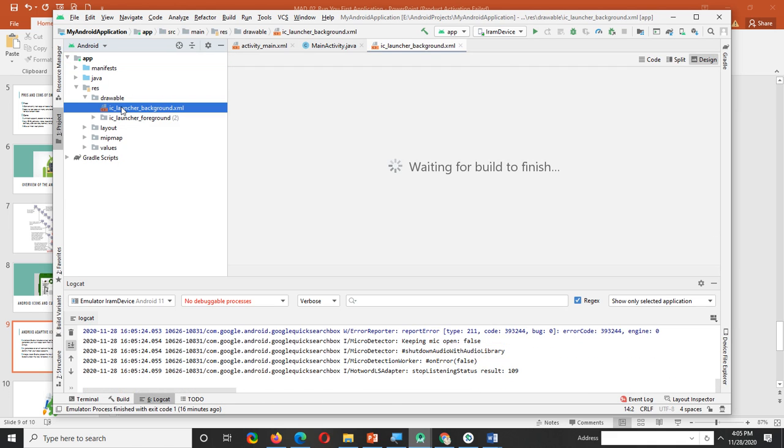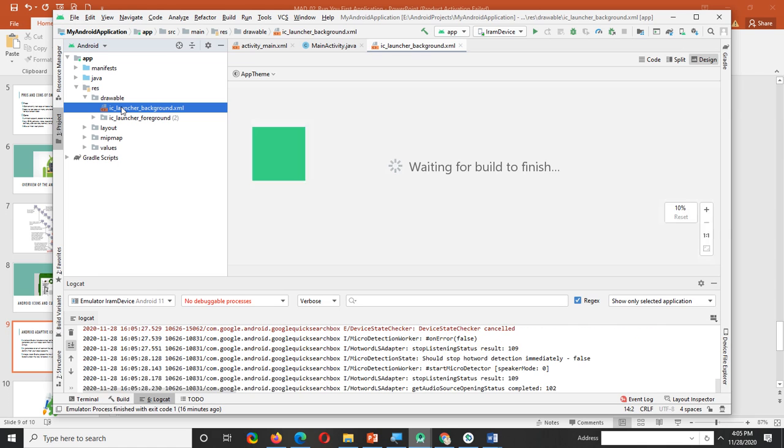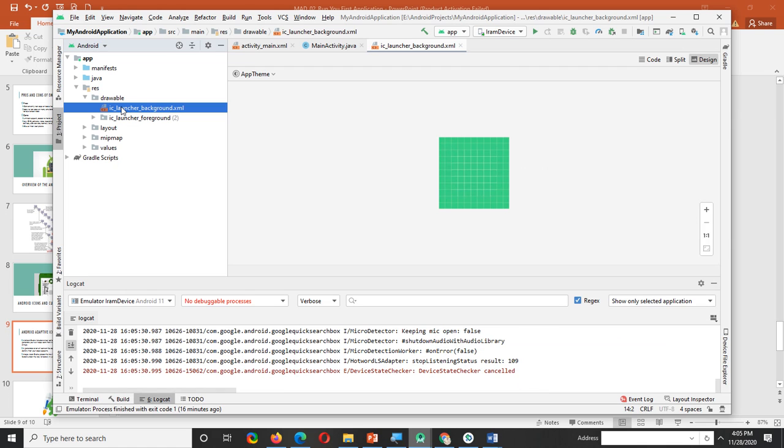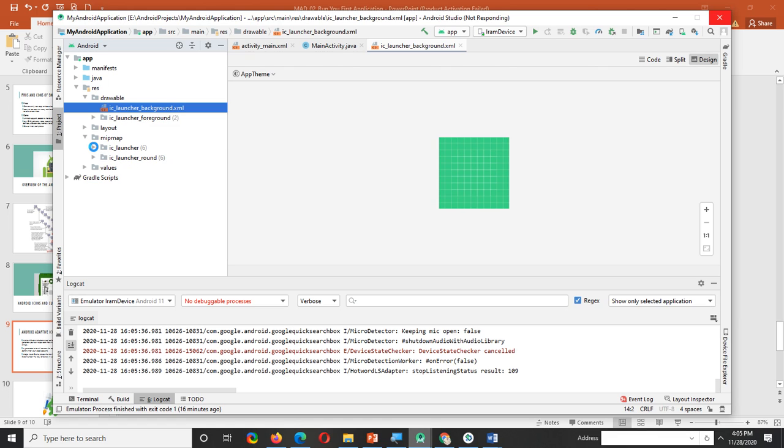The beauty of the icons is basically they are adaptive icons, so they create vector XMLs. So you can check that background XML. Also you can check the IC launcher foreground and background. If you go to the mipmap folder, where all these icon files are placed,